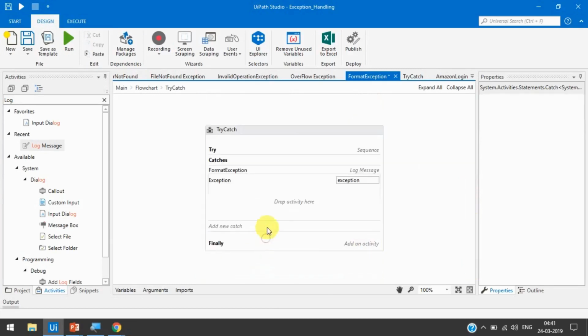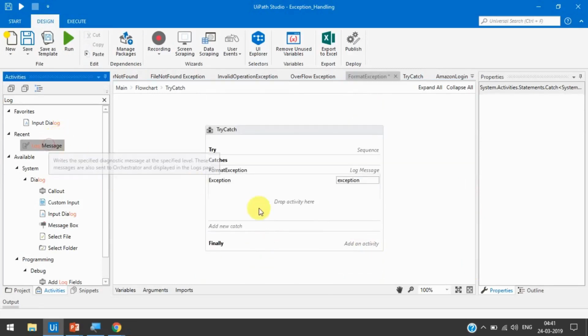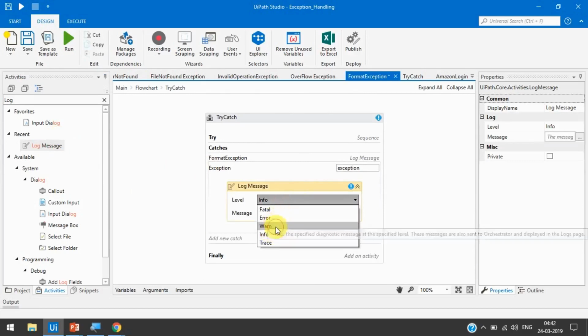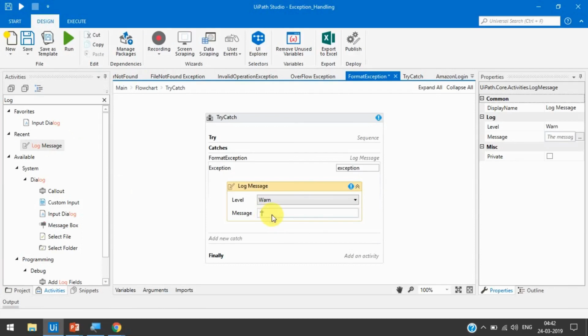So in this, again I'm going to put a log message activity, and this time I will set the level to warning, and then write "this is for exception class", and then exception.message. Okay, so this is how you can add multiple catches in UiPath, right? And then let's run this.